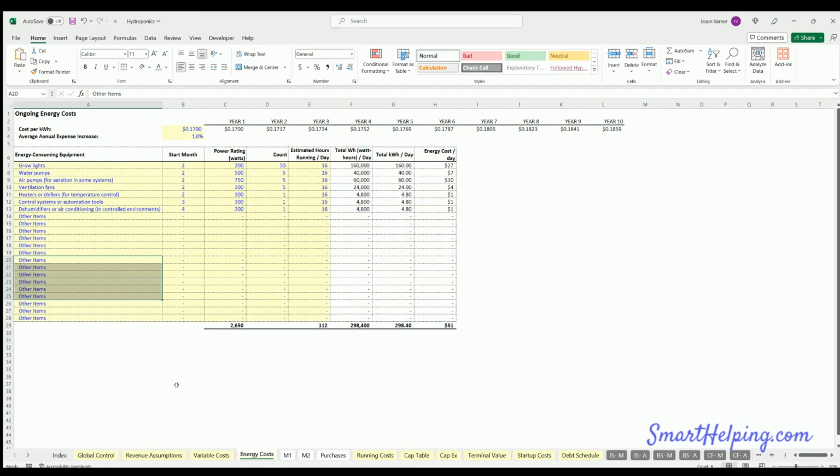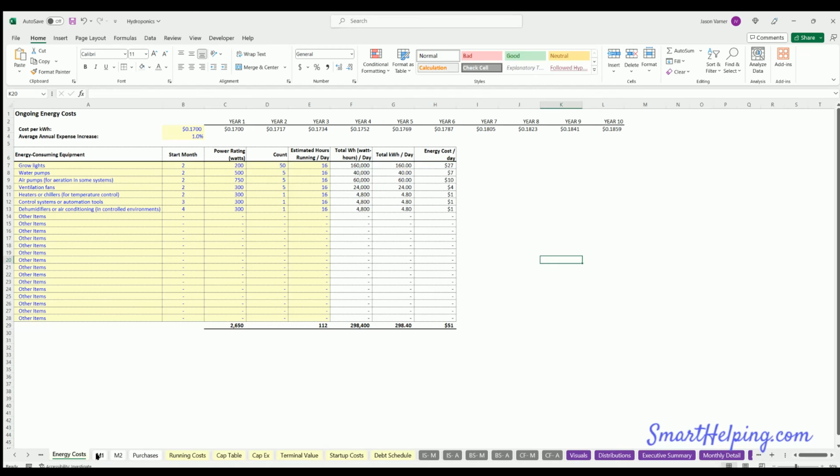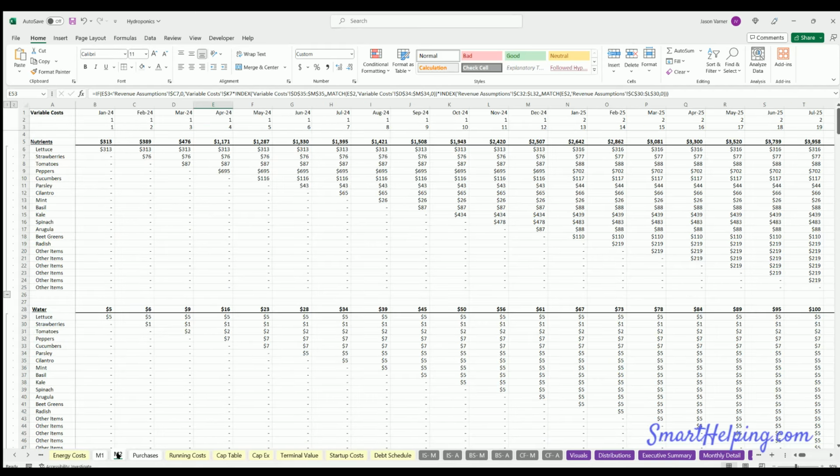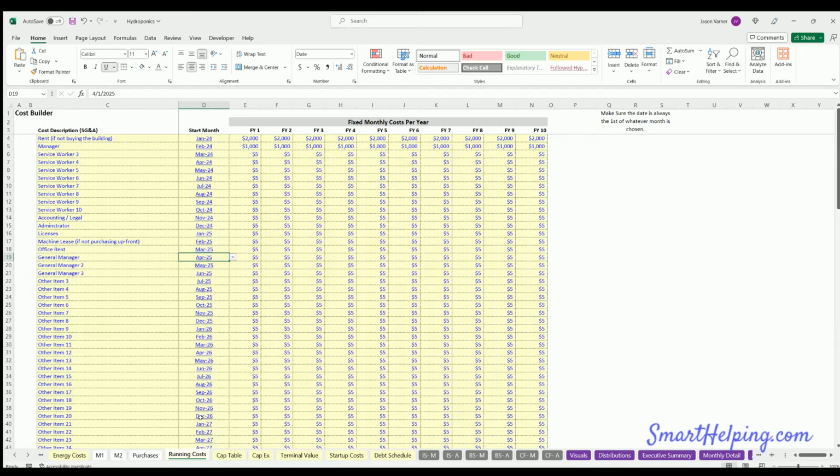Okay, next up we have energy costs. So this is all the different types of things you need to grow your crops, and when the start month is, the power rating, the count, running hours per day, total watts used per day, and then converting that to kilowatts per day, and then energy cost per day here. And then we have a percentage increase for energy costs over time as well to account for that. Next up we have, so it's energy, we went over these M1, M2 purchases, running costs,